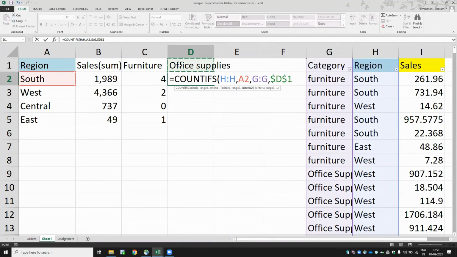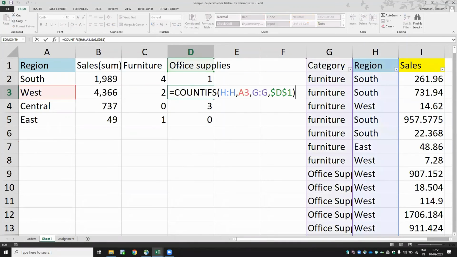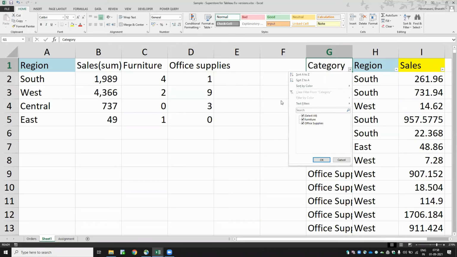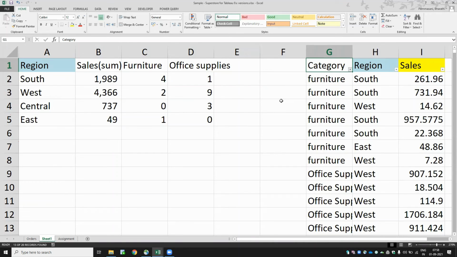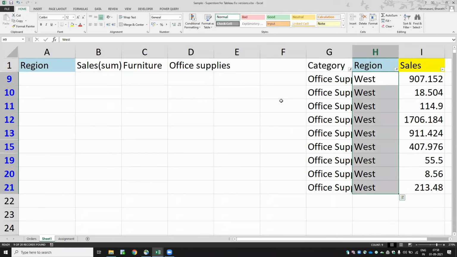Office supplies. So the same formula I copy pasted. In office supplies in west region we have 9. Let us cross check this one. Office supplies, west region, we have the count of 9.